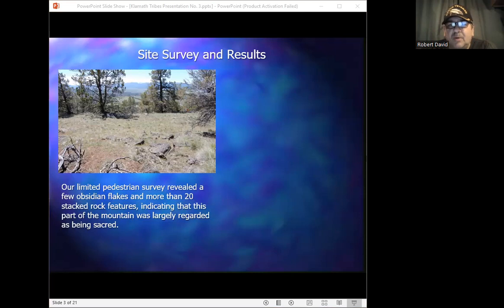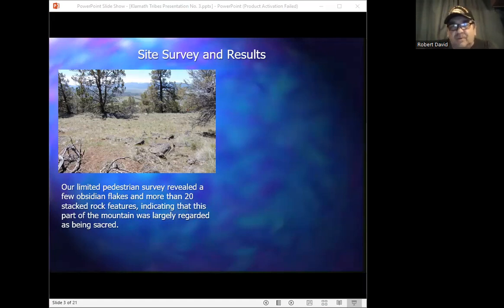Well, the question that immediately comes to mind then is, why would someone travel so far from their homes and their usual surrounding sacred areas, like Petroglyph Point, for example, to create rock art on top of a mountain? Rock art that nobody else could see. And those of you who know anything at all about shamans, you know that this is not their typical behavior. Typically, they go out of their way to demonstrate and display their supernatural abilities. But this is a private site that appears to contain medicine which they usually boast about.